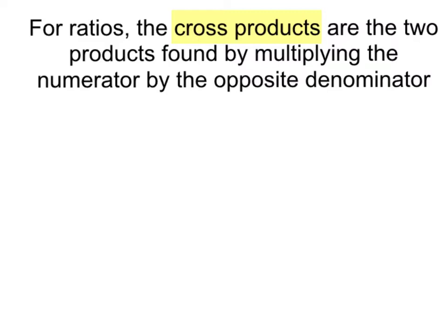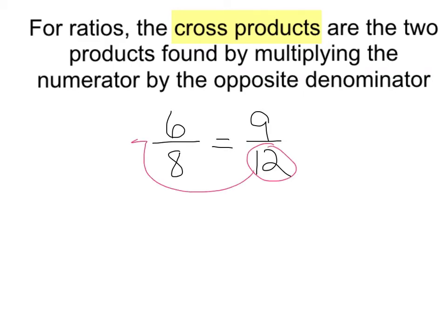So let's look at a proportion. We have 6 over 8 equals 9 over 12. And we want to figure out if this is a proportion, if these two ratios are in proportion. So to get our cross products, we would take 12 times 6 and 8 times 9. So now our cross products would be 6 times 12